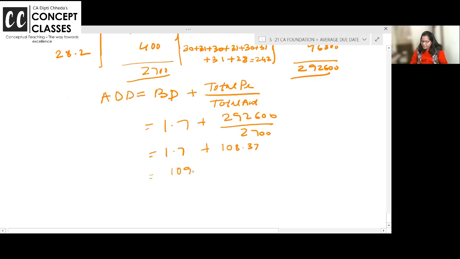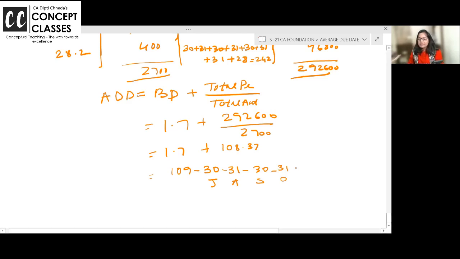So 109 days minus July ke 30 days because first is already there. 30 days of July, 31 days of August, 30 days of September, 31 days of October. देखो कितना आ रहा है? 109 minus 30 minus 31 minus 30 minus 31